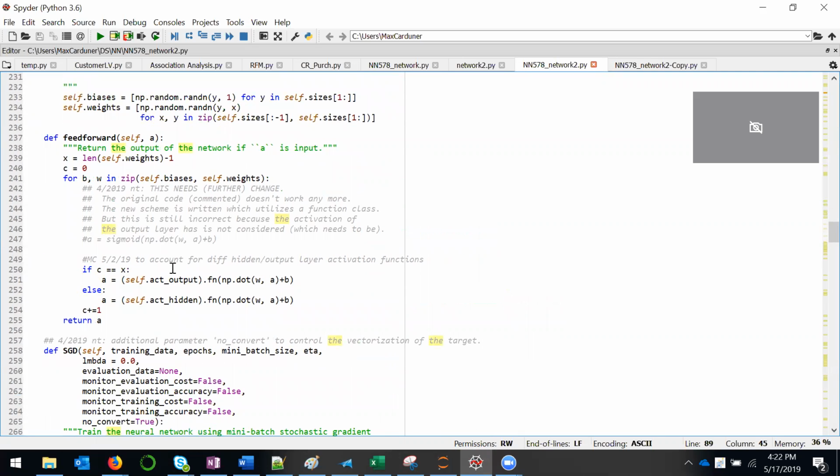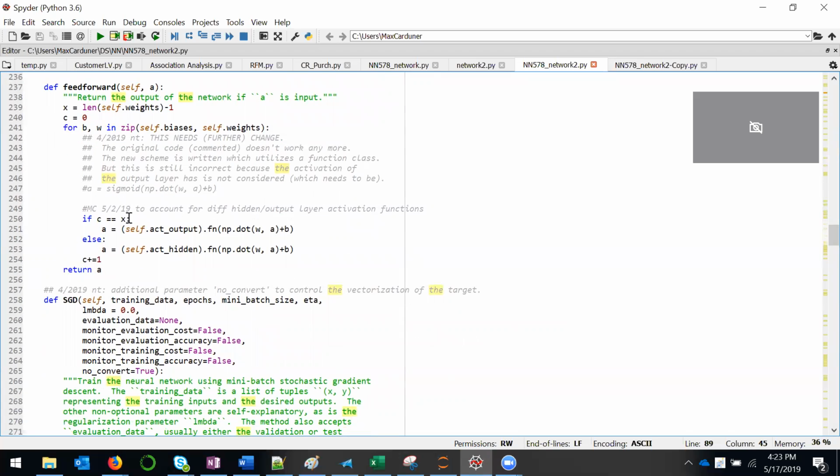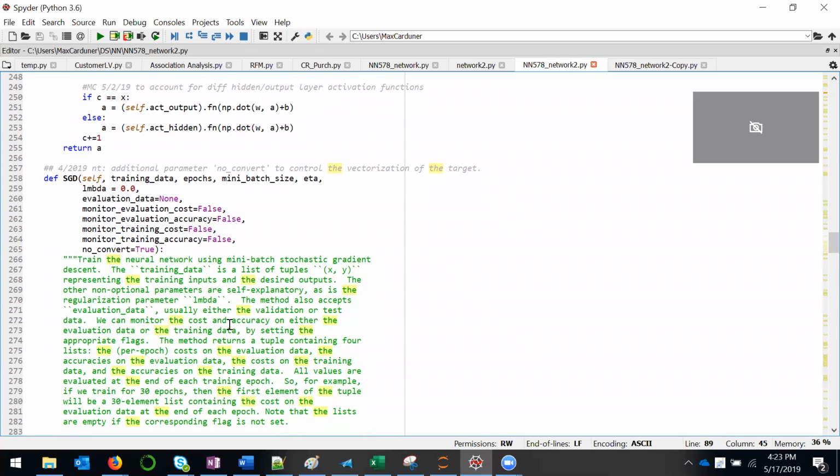So feed forward, I had to modify a bit in order to make the output activation function applied for the outer layer. So essentially x is the length of the weights, minus 1. And if c equals x, then that is the final hidden layer that the output layer activation function needs to be applied to. Otherwise, do the activation hidden. And of course, if it's the same function, then the act output is set as act hidden, so it doesn't really matter. So for SGD,